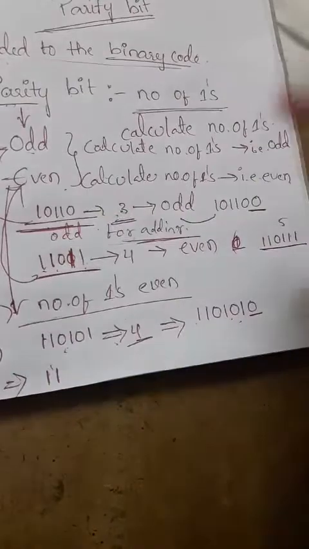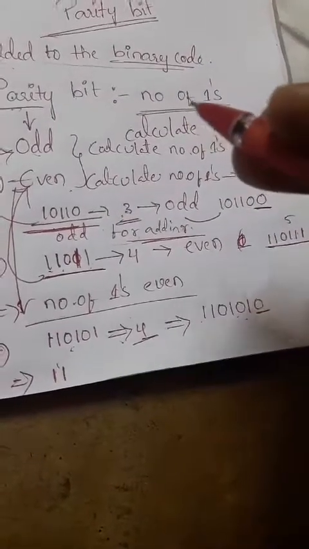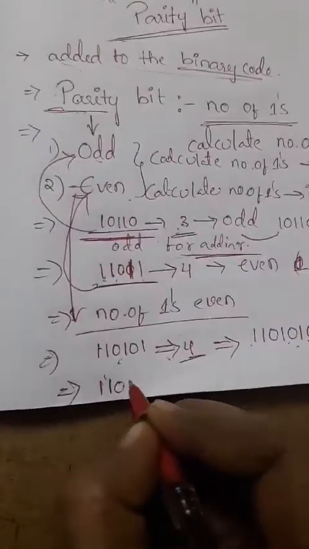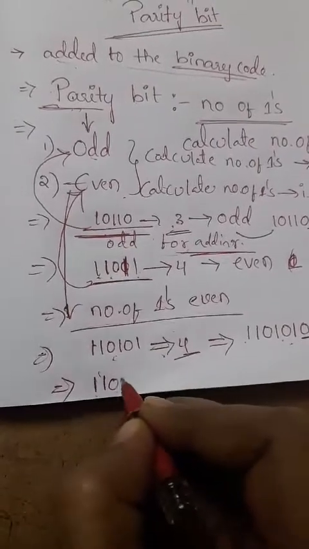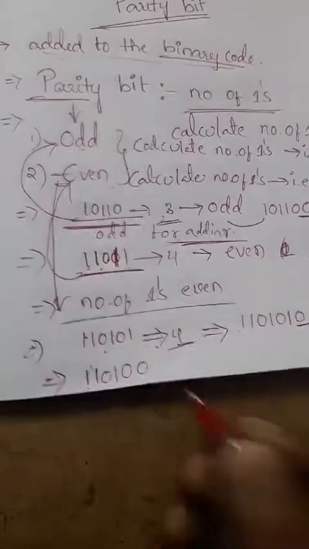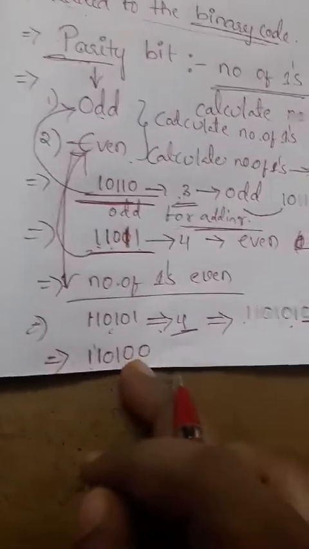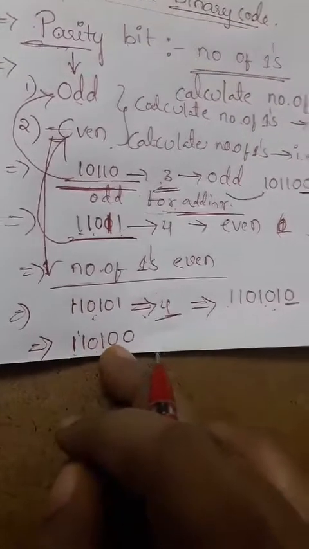Okay, for example, if you are taking an even parity number and want to make it odd parity, you can directly add a 1. Like this, here I can also take one more number, 110100. So this is another example, a 6-digit code.